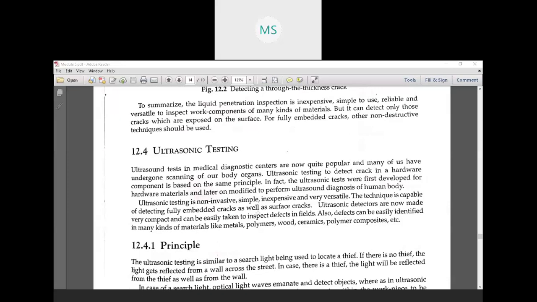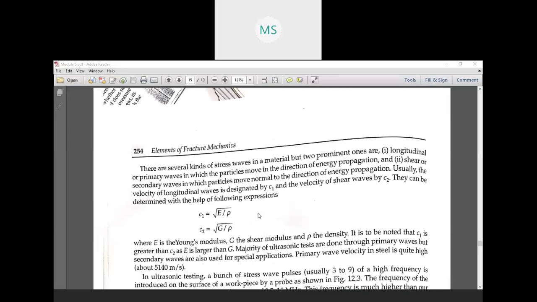Okay, next we have ultrasonic, that we have discussed with the point system. So it is clearly mentioned here that two types of waves are traveling from the probe. First one is known as longitudinal, second one is known as perpendicular to that, or normal to the direction. For the same direction we call it primary waves, and the waves which travel in the perpendicular direction are known as secondary waves. Primary waves are much stronger than the secondary waves, because primary wave speed is root over E by rho, and secondary wave is root over G by rho.